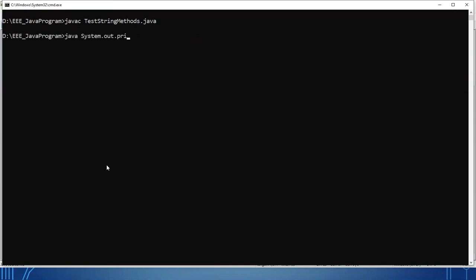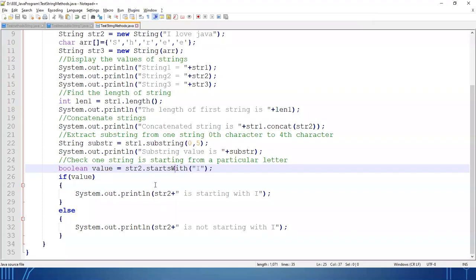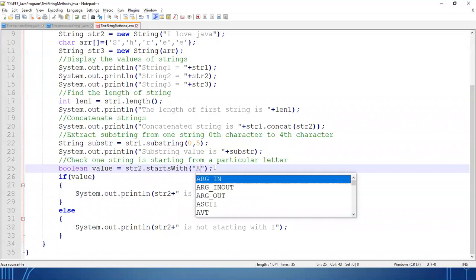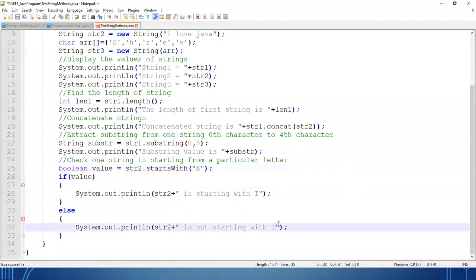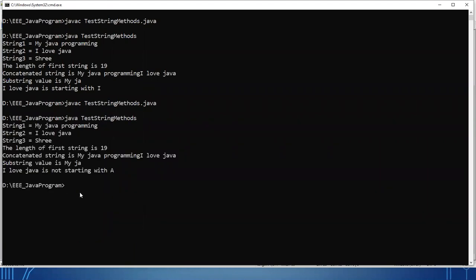Yes, I love Java is starting with I. Clear? Now suppose we'll check with another one. A. Done. We'll change the message also and we'll see whether it's working or not. Compiled. Yes. I love Java is not starting with A.